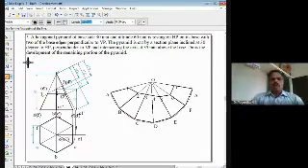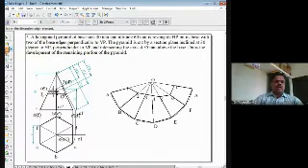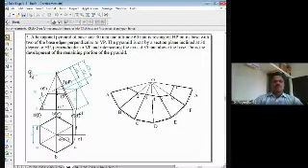So this is how we are drawing the development of the remaining portions of the pyramid using radial line method. So dimensioning we have done. Only thing is we have not shown what is the inclination of the section plane. So that also we have to show here, what is the inclination of this line with respect to XY. That inclination I can show here as 30 degrees. So this completes the solution for the problem. Right? Now we'll go for the next problem.